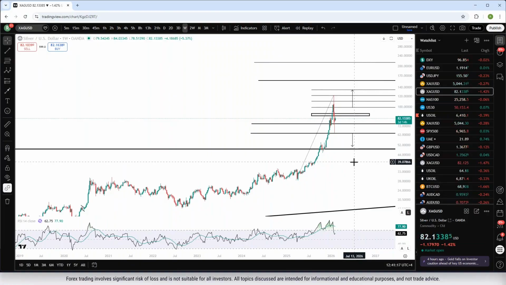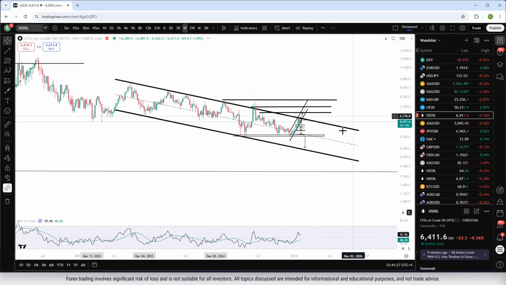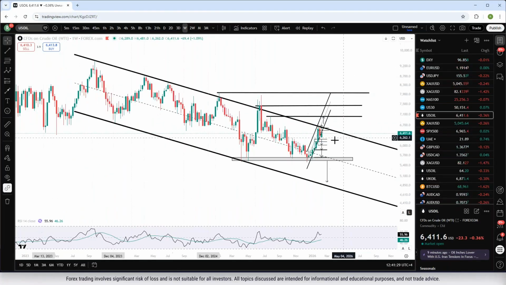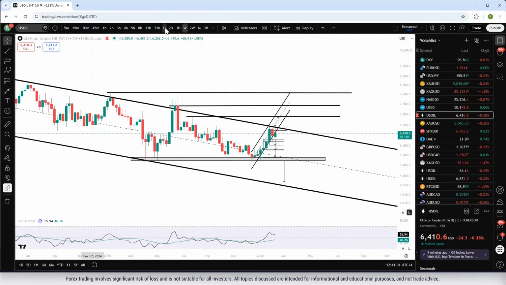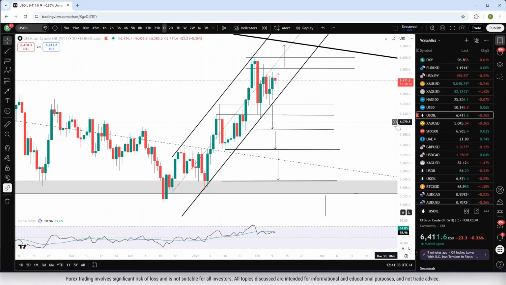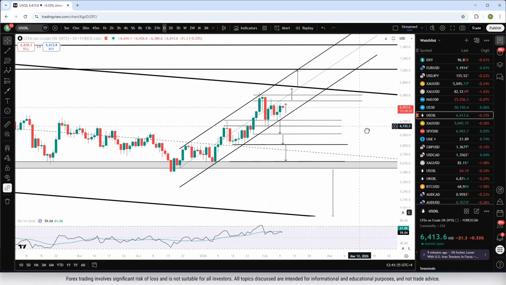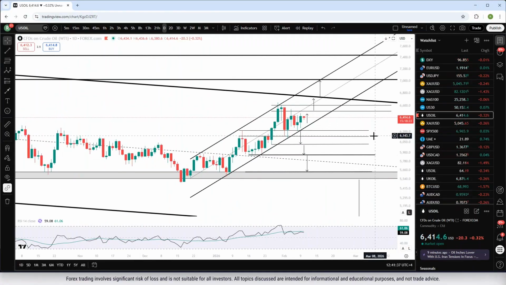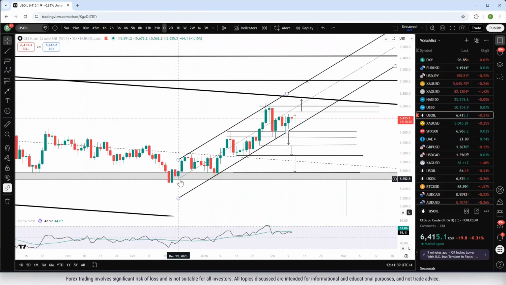As I mentioned, I'm happy to take questions at the end of the webinar due to time constraints over here. Following the gold and silver, I'm going to jump to the crude oil chart, where we have a bullish bias extending up across 2026. We can see it more clearly on the daily time frame, where we have price action respecting the bounds of an uptrending parallel channel since the lows of December 2025,